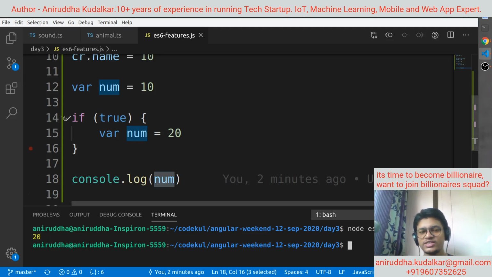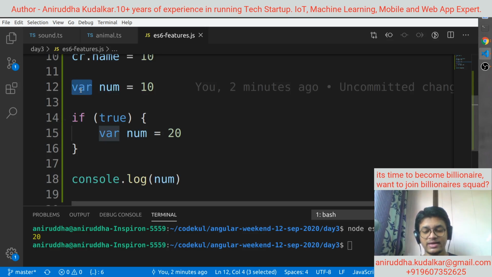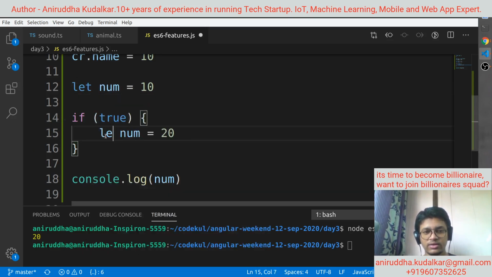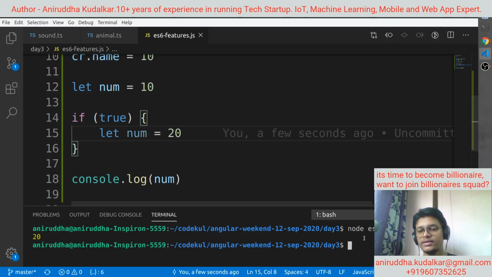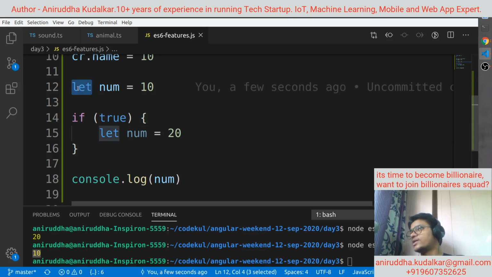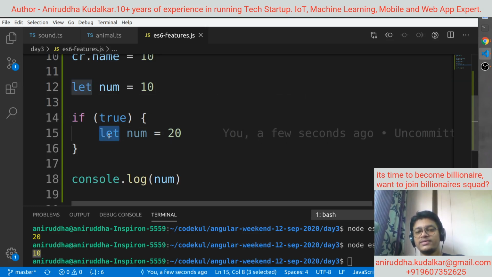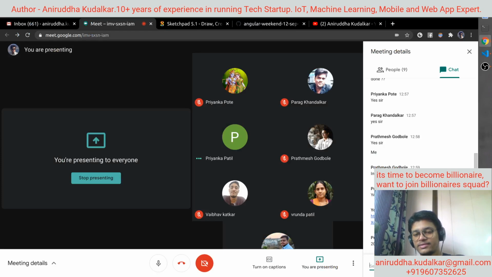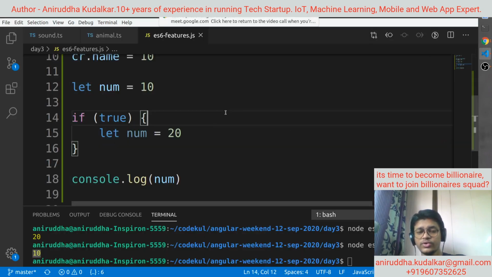By considering this, JS people have changed this and created something like let. Now see, here I will go and make it let, and now you try to run the code. The answer would be 10. If you see ES6 features, the answer is 20. Node ES6 features.js, the answer is 10. You just have changed var to what? let. This is the use of let. Remember that. If you want to imply the scoping, let needs to be there. Okay. So this is about let.